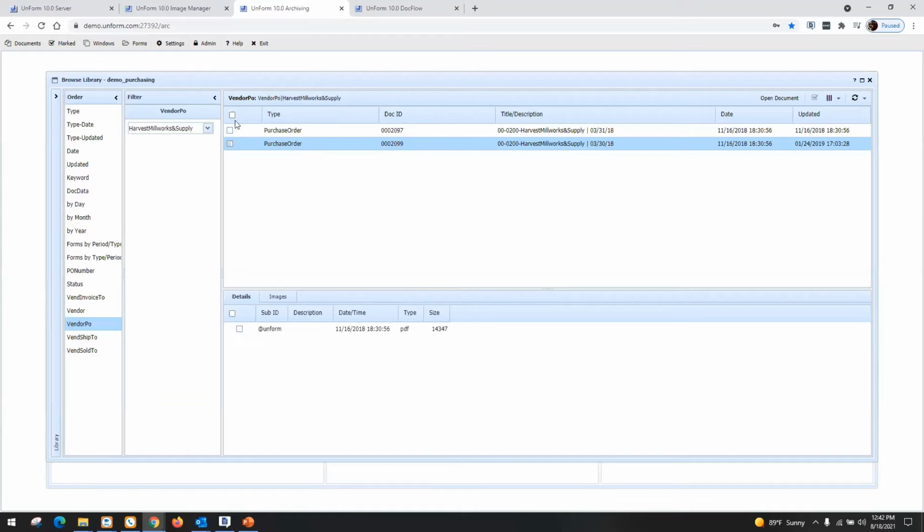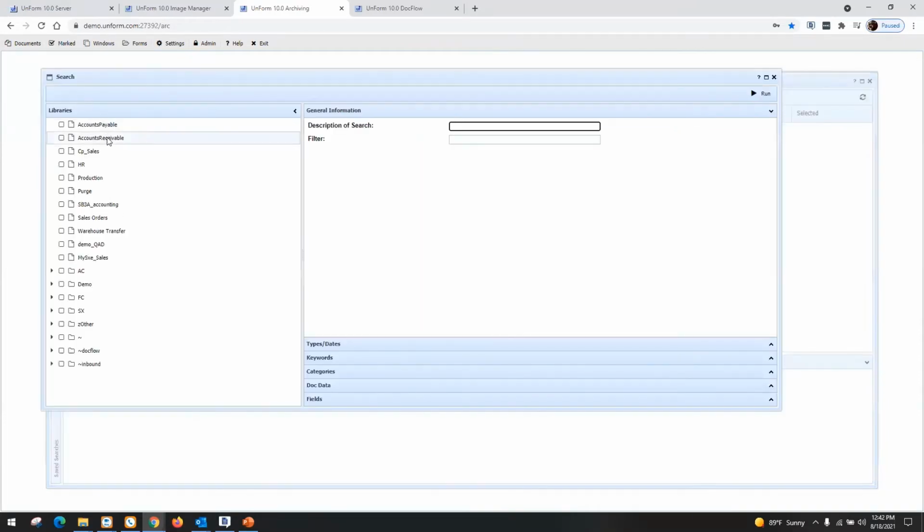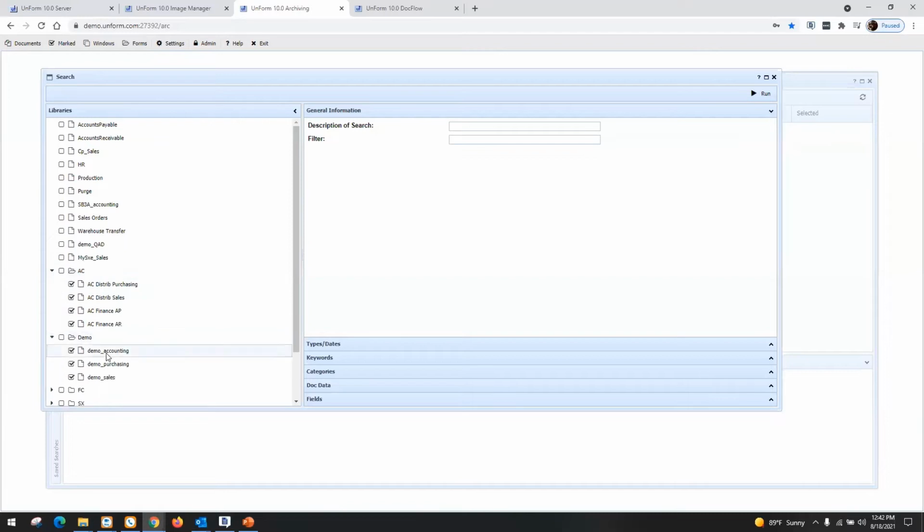So that way we can look through. If we're looking for a specific thing in a big stack, we can do it that way. The last way is if we have one piece of data about a document. Maybe it's part of a name. We don't remember where it is, or maybe we have, and we want to look across multiple libraries, and I want to look for the term PVC,